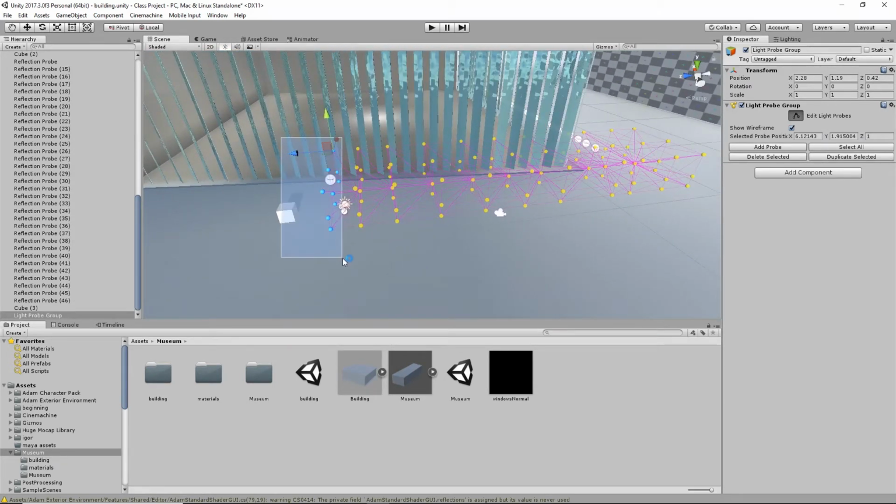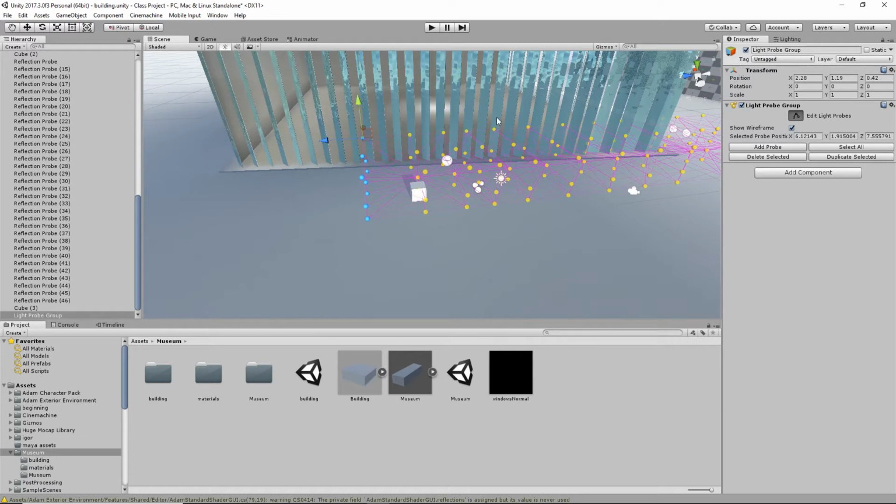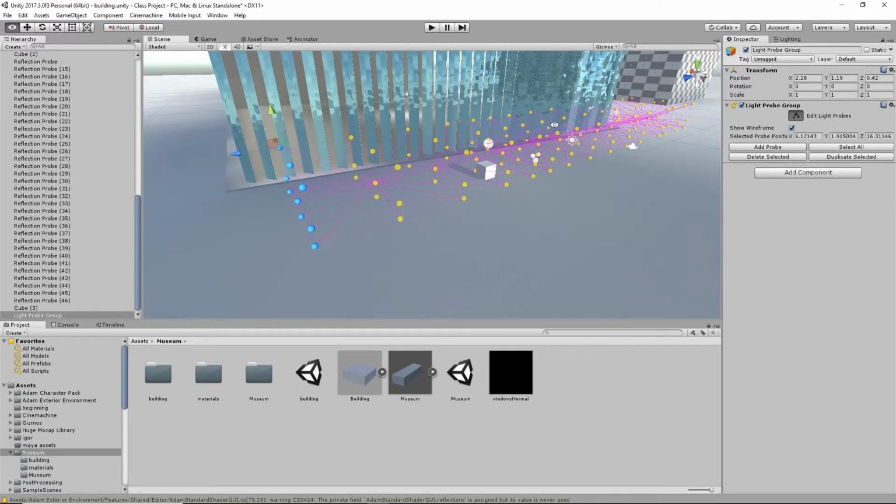And we'll take these and duplicate this way. Now I may be kind of oversampling here because how much does the light actually change here? But you can always go back and delete too. I'm just sort of putting up a light probe group to sample the situation. All right, so now